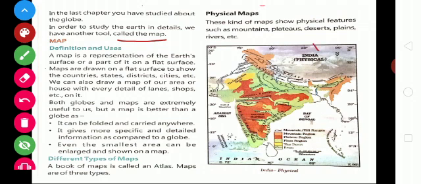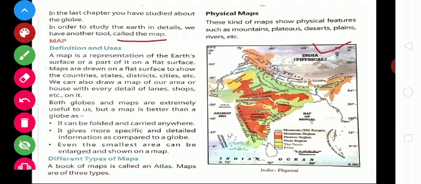Look at here, this is the physical map of India. It is on a flat surface. Maps are drawn on a flat surface to show the countries, states, districts, cities, etc. There are three types of map, and they describe different features of the country.